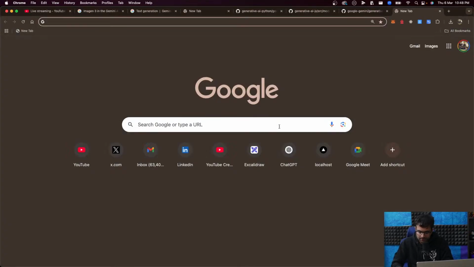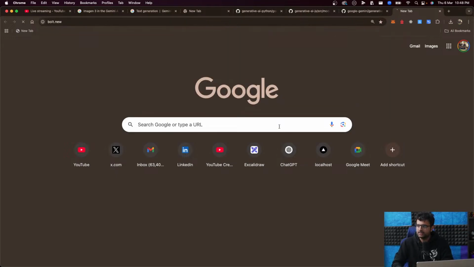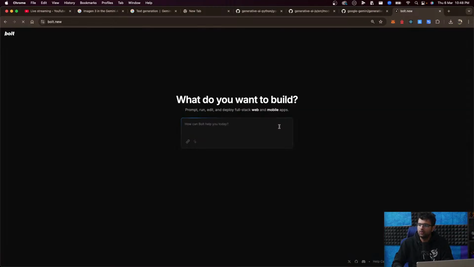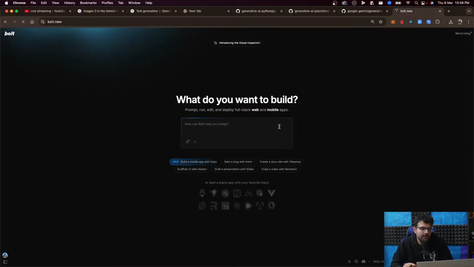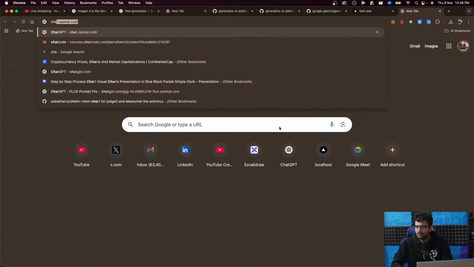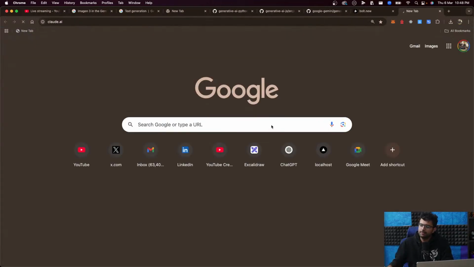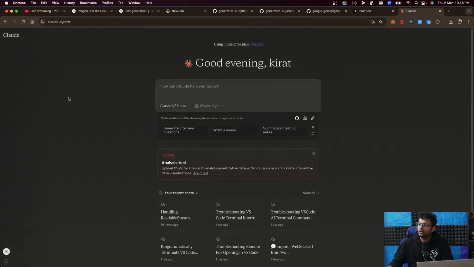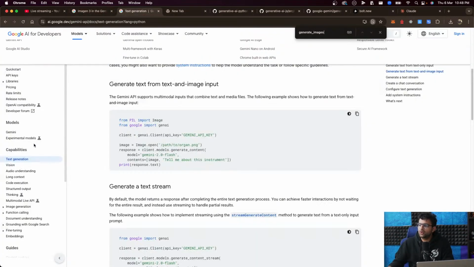You are a developer. This is the first time you want to create an application like this, bolt.new, or you want to create a chat with a PDF like website, or you want to create a chat with a video like website. There are multiple ways to talk to an LLM. You can talk to an LLM from this text interface. But you can also talk to an LLM from a backend. For example, if you have a Node.js backend, your Node.js backend can talk to the LLM, get a response back.